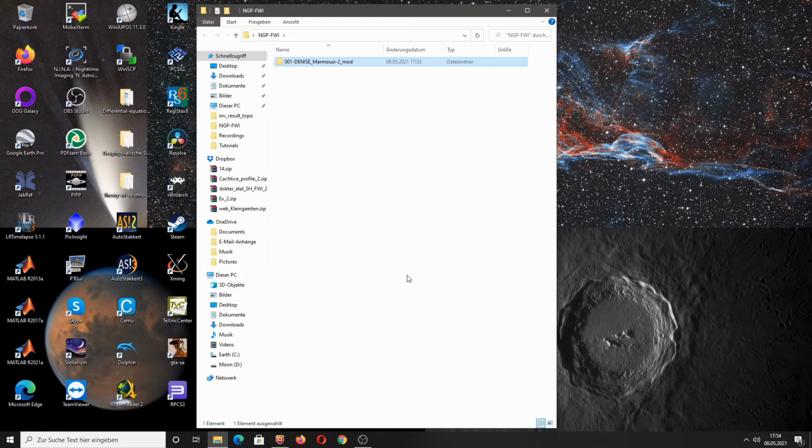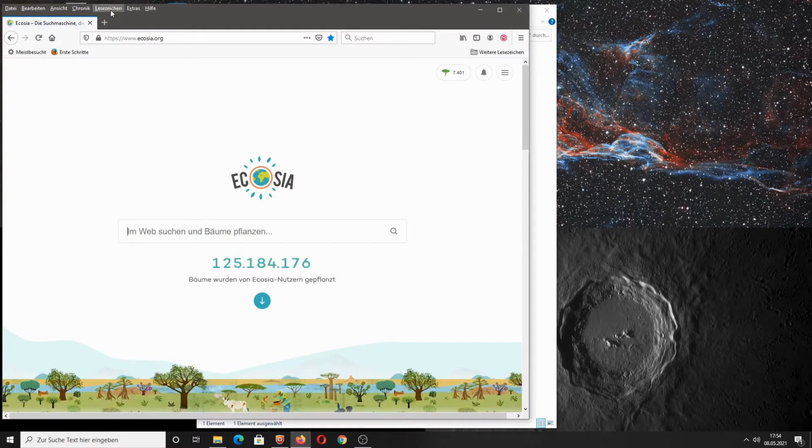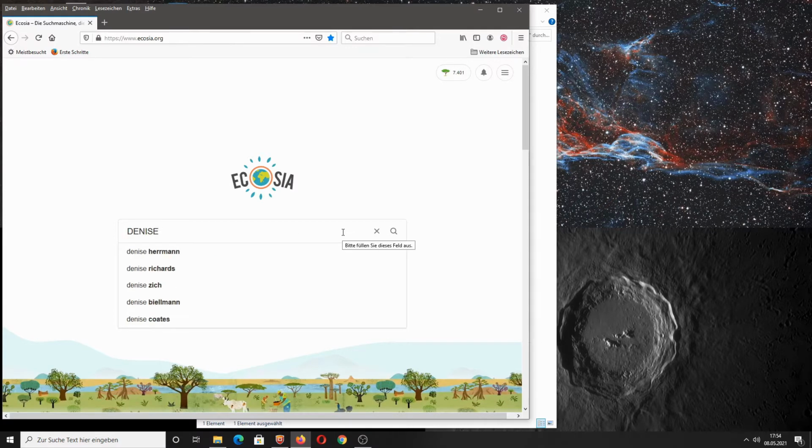Okay, as I said, this will be the folder for our first Mamouzi-2 modeling, and in this folder we will put all the input files, the model files, the data acquisition files. And to really reproduce it, we actually also have to store the forward modeling code that we are using. So to make it really reproducible, you actually have to download the forward modeling code again.